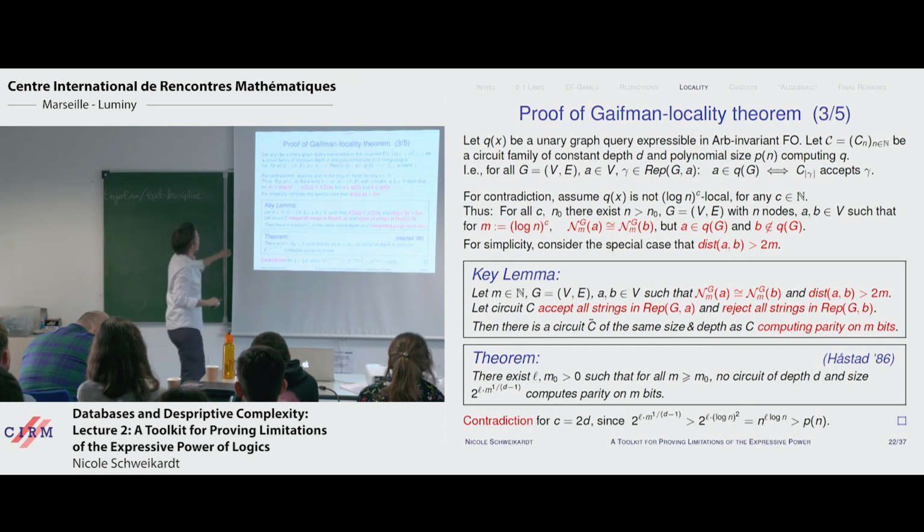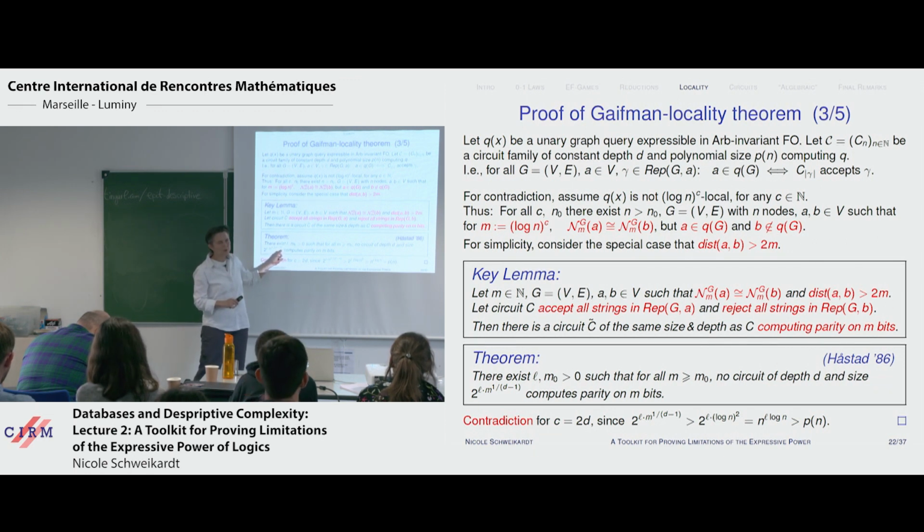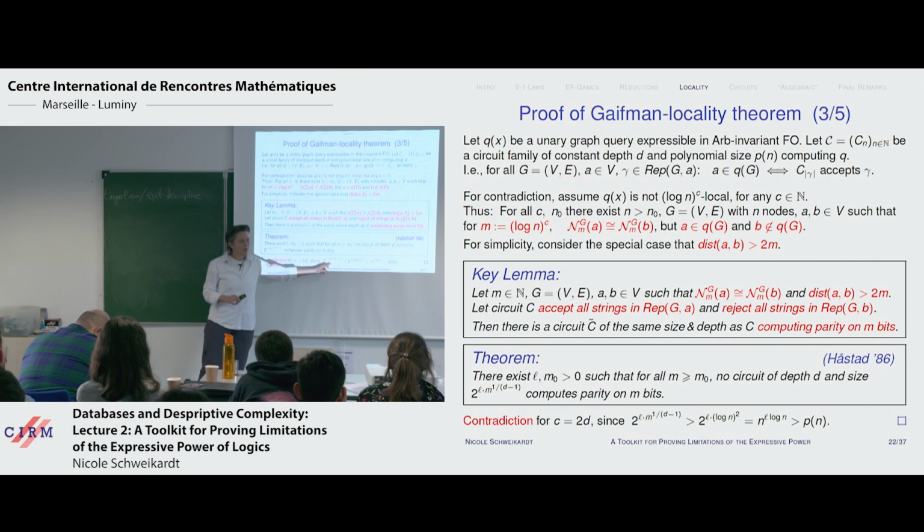And so once we have proved this key lemma, we are done. We just use Hastad's theorem, which tells you there exist numbers L and M0, such that for all M bigger than M0, no circuit of depth D and this size here, whatever this is, computes parity on M bits. And here you just plug in the numbers. What is M here? M is (log n)^C, and then you do the computation, which I did here by choosing the right C, and